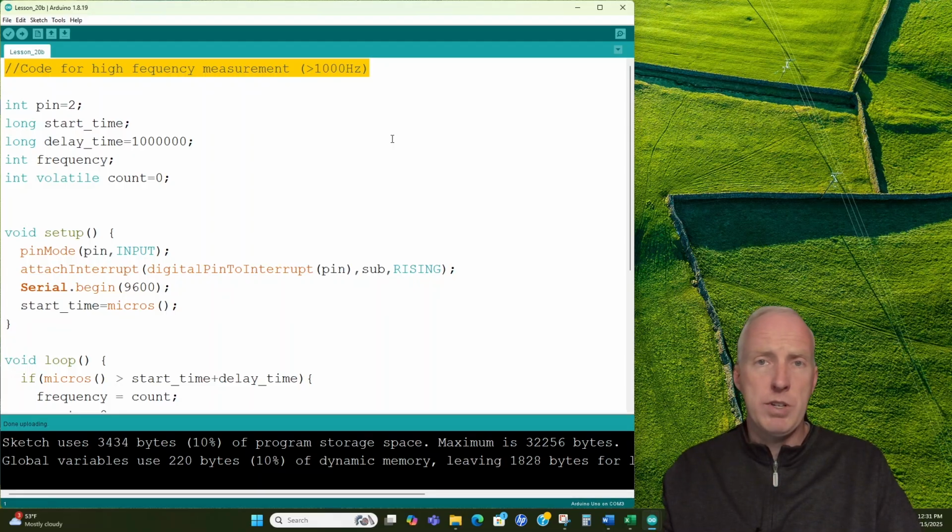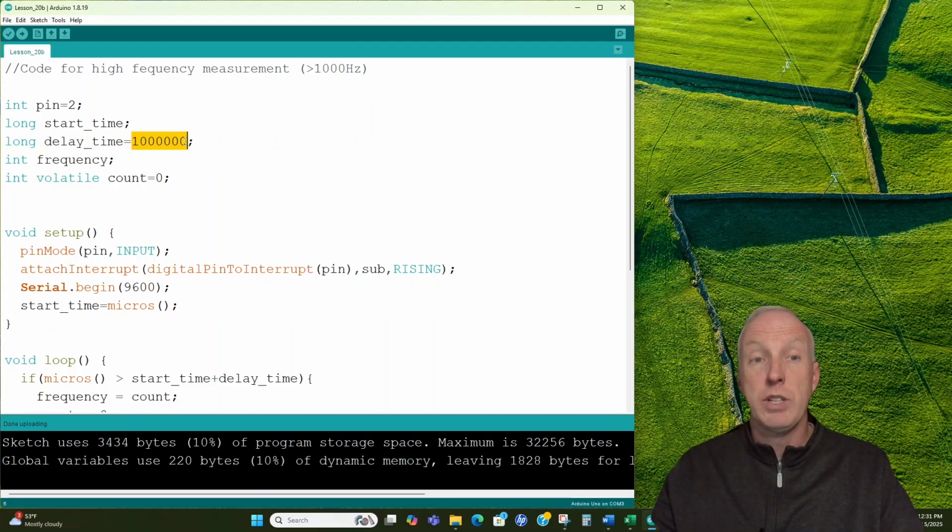In the previous code, we measured the actual wavelength of the wave. In this case, we're going to set a timer and count how many voltage cycles we see within that time. So we still have pin 2 as our input. We have a long for our start time, and then we have a long of 1 million microseconds for our delay time. So we're going to count for 1 full second and see how many pulses we get. Now our frequency is going to be an integer rather than a float. And we have a count here, which we will make volatile